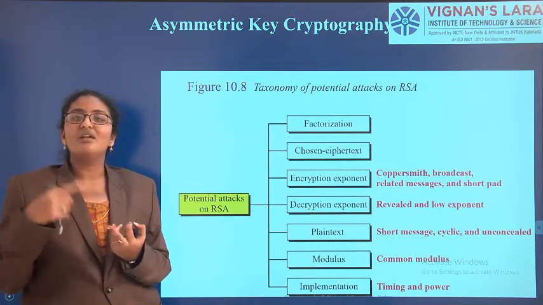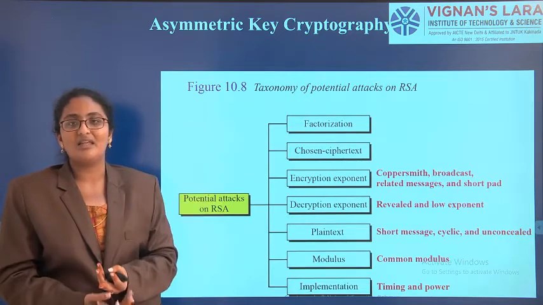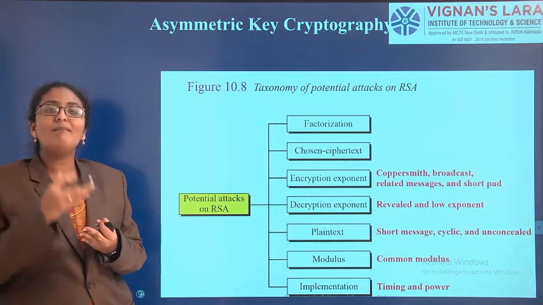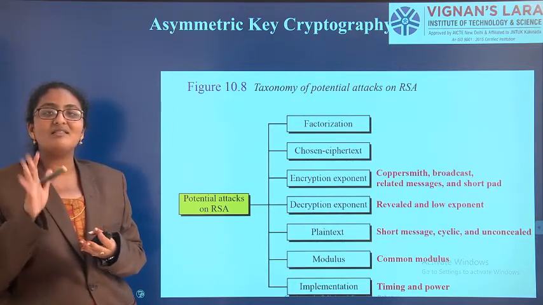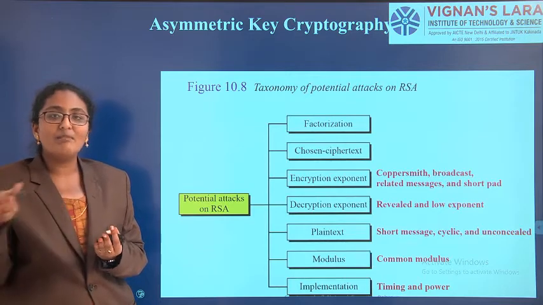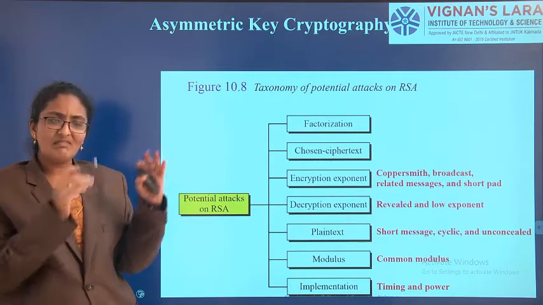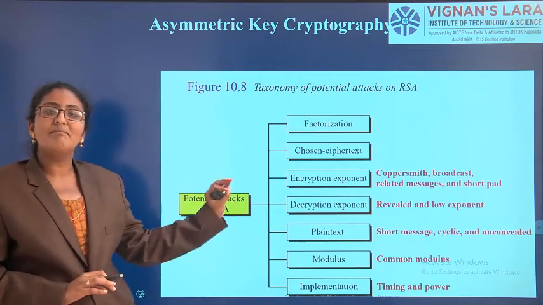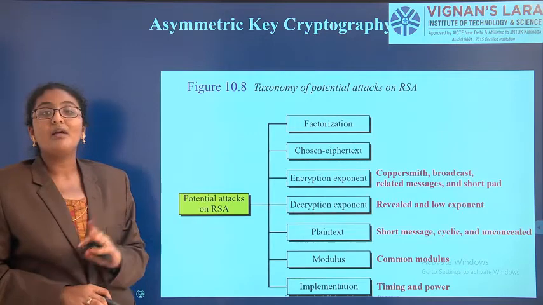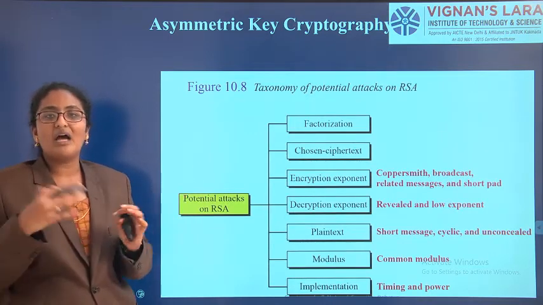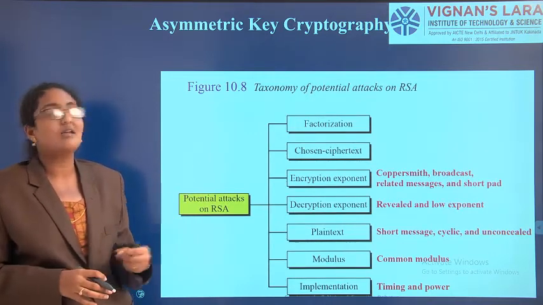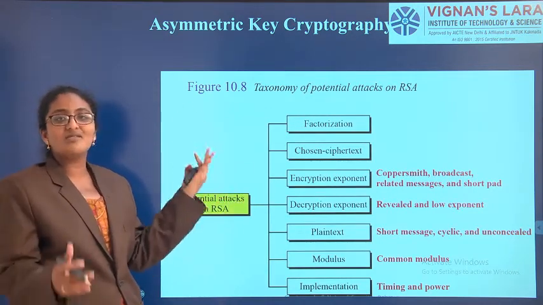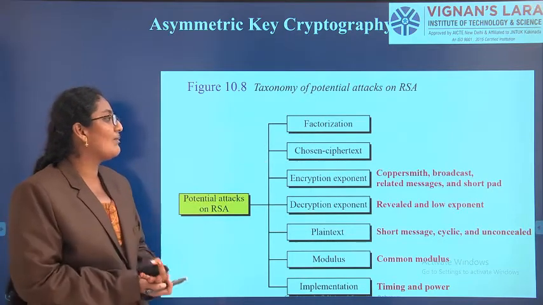On AES also, if there is no brute force attack, some other attack is there. Likewise, RSA met the requirements given by Diffie-Hellman, but it does not meet all the requirements of the world. RSA is not the highest algorithm; it also has some drawbacks. The drawbacks are some implementation problems. Since we are talking about mathematics, we have some factorization problems.